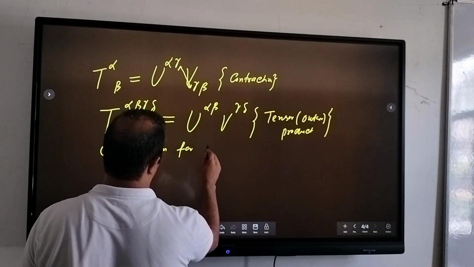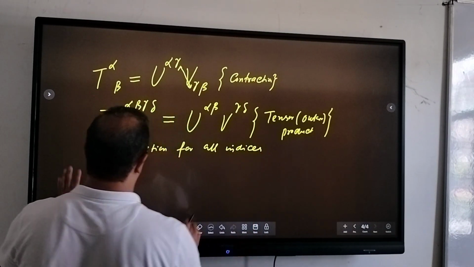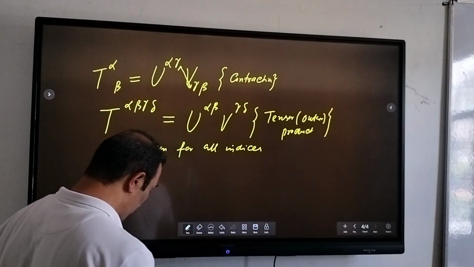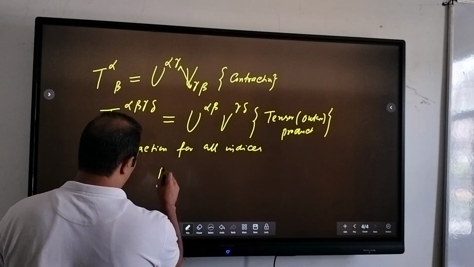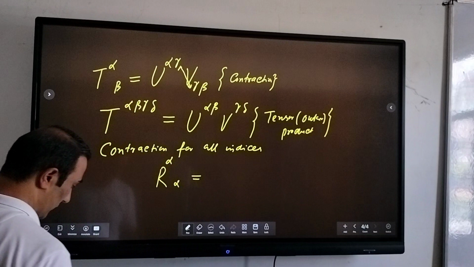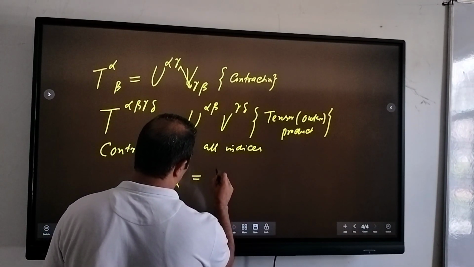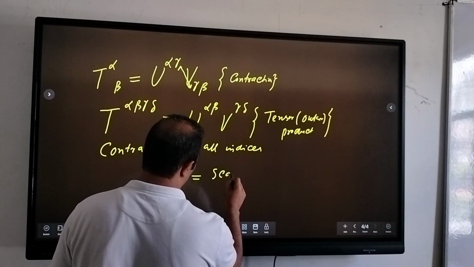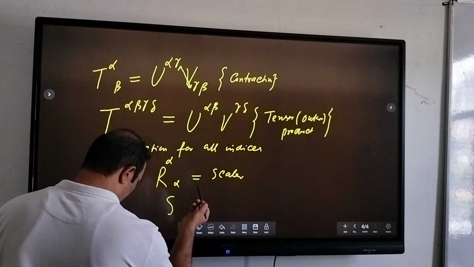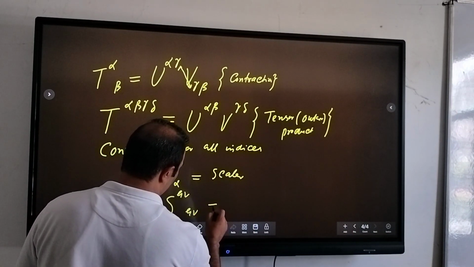for all indices. So what I wrote means we do the contraction, but for all indices, right? Suppose we have some R of alpha alpha, right? Okay, so this simply gives you a scalar. It gives you some scalar number, right? Or you have some S mu mu, a tensor of rank 2. So this again is a scalar,